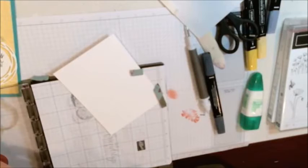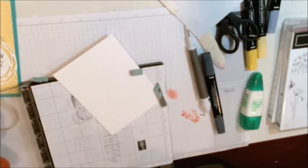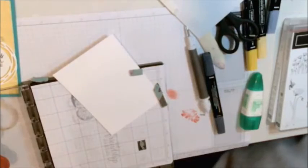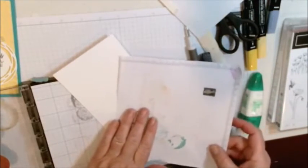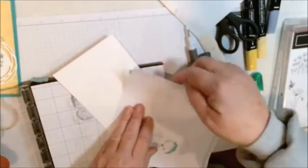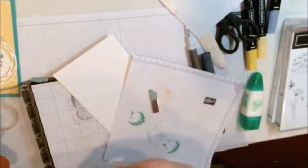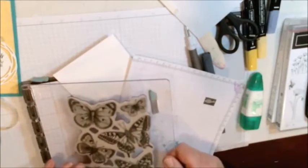I want to make sure that I don't have any other ink anywhere on here. In fact, I think I am going to take a scrap piece of paper and put it on here because, you know, with my luck, I would get ink on there. That's just the way it kind of rolls for me sometimes. Okay, I'm just going to ink this up. And let's, whoop,